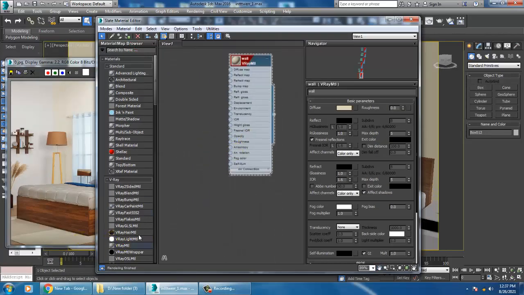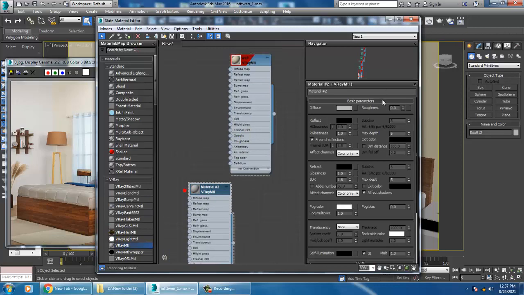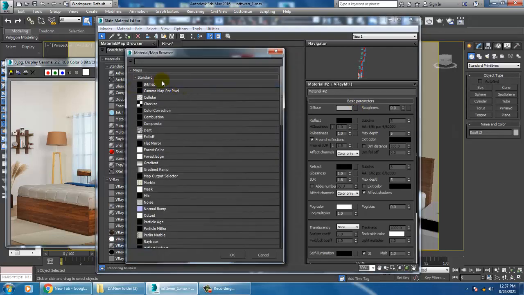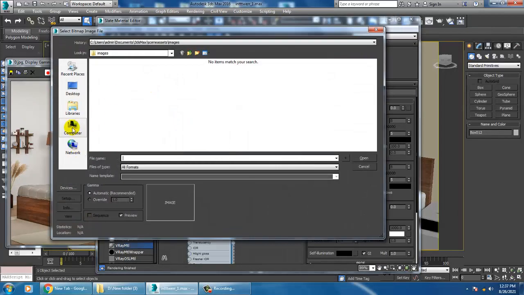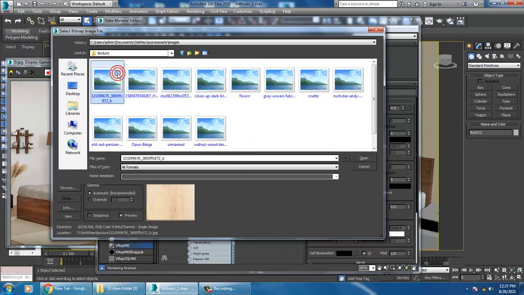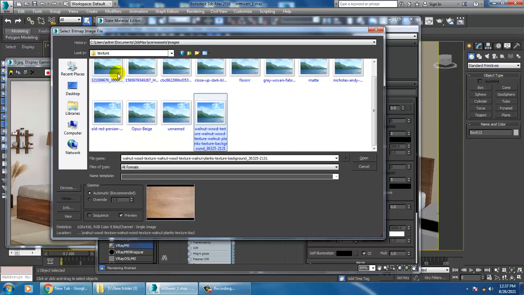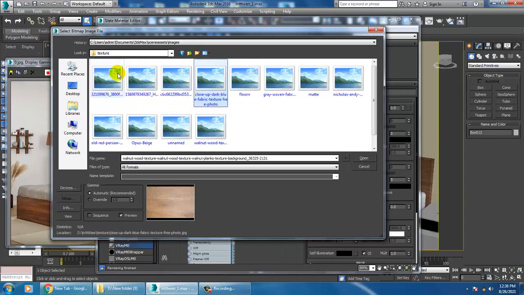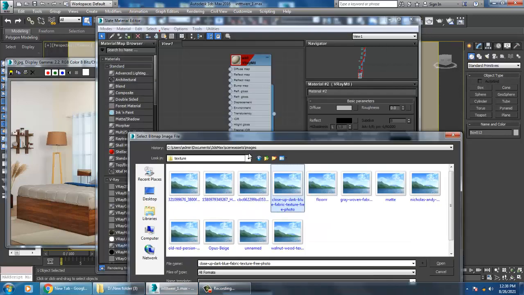Let's take a V-Ray material, go into the diffuse bitmap, and we'll be assigning a texture over here for these pillows.